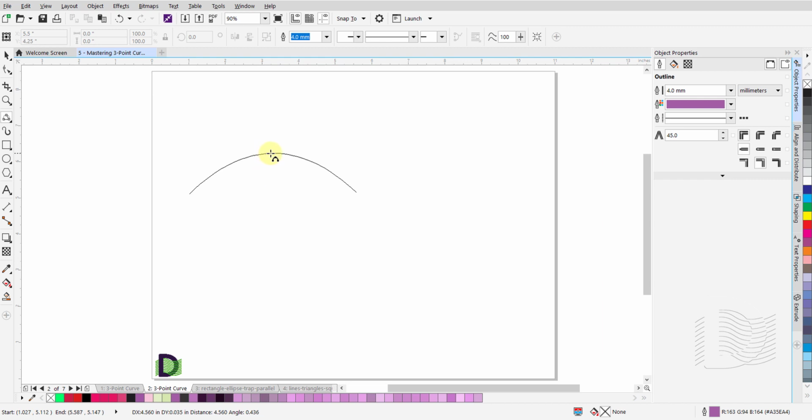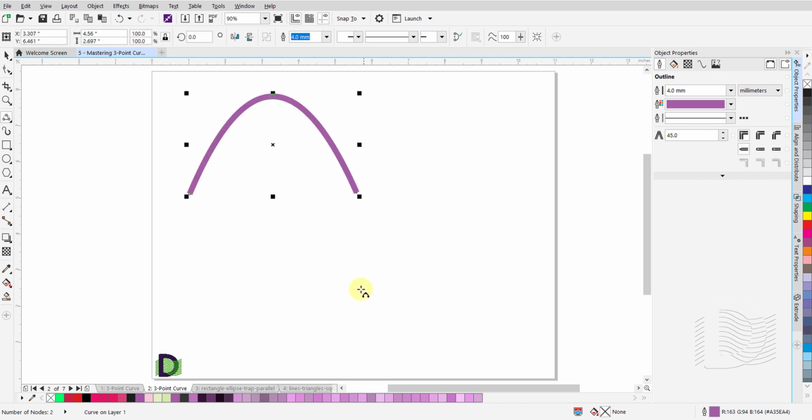Try moving the mouse to the right or left, and you will notice that the intended curve does not move with the cursor. It will only move in the direction of the cursor if you move the mouse up or down. This is to maintain the symmetry of the curved line. When you get the desired shape and height of the curve, left-click once to complete the curved line and disengage the cursor from the canvas.